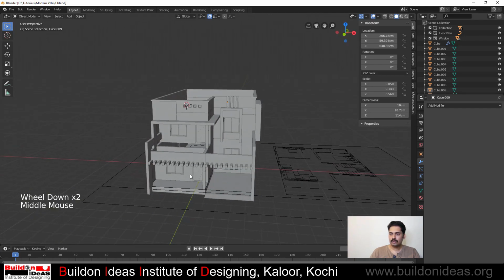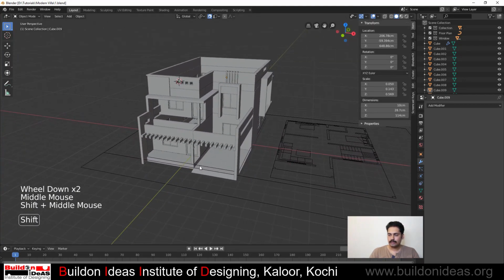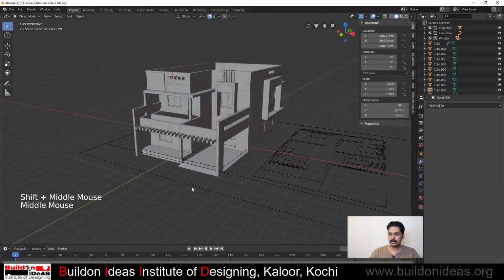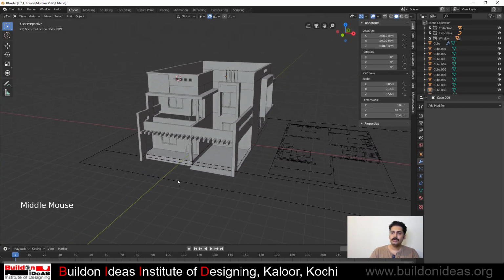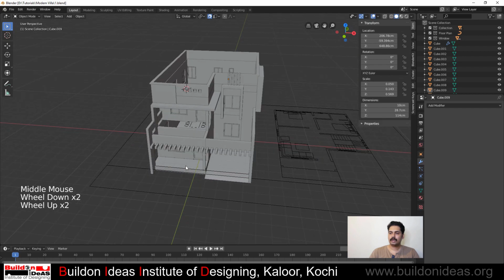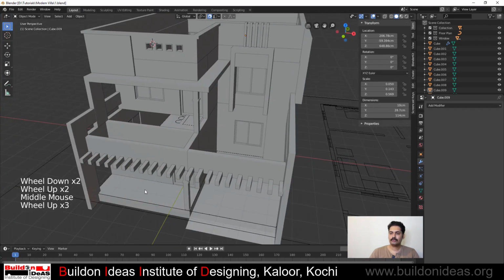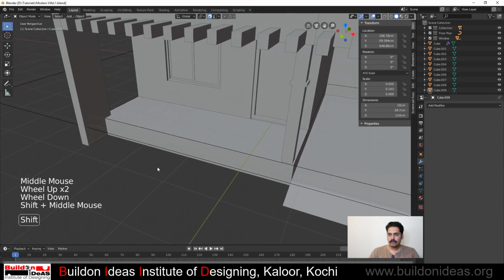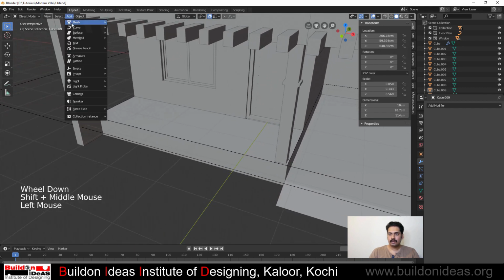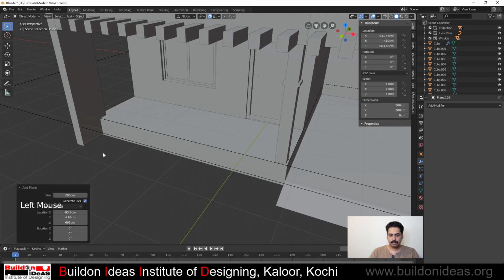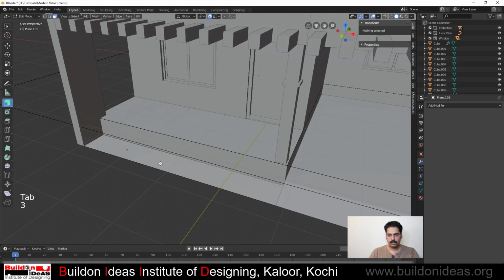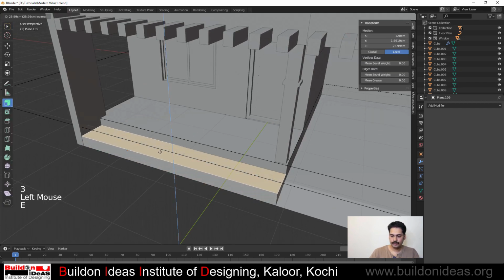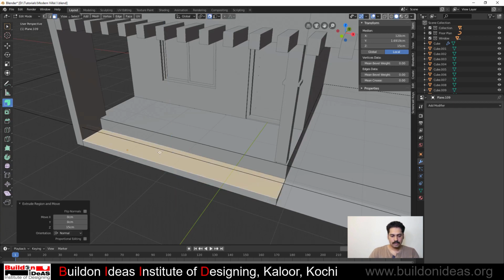Now we'll do some landscaping as well, and then complete the project by giving the materials. So I'll do a small landscaping for this. Before that I have to give the steps for this. So how do we do the steps? Now I'll just add a plane, and then I'll just grab it here. I'll just select this face and extrude it to 15 centimeters,